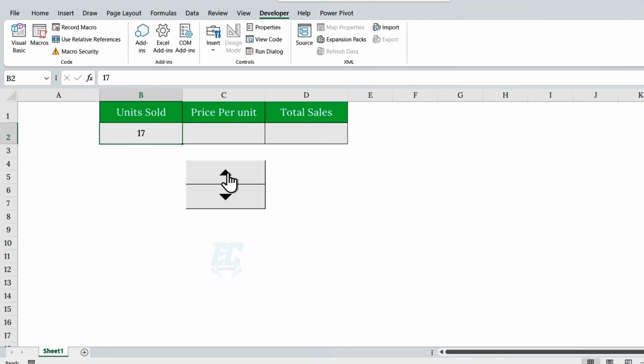Now this is where the spin button really shines. Cell B2 shows units sold, and it's fully controlled by our spin button. In cell C2, we have the price per unit, here set to $25. And in cell D2 we will calculate total sales. Type equals B2, multiply by C2, and press Enter. Watch what happens. As I click the spin button, the number of units changes, and Excel instantly recalculates total sales